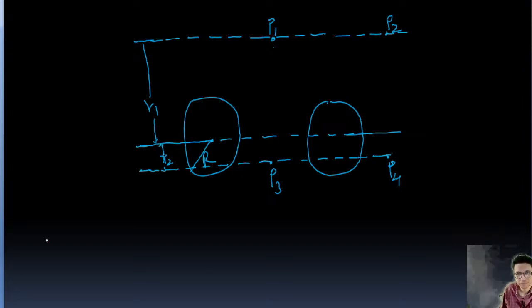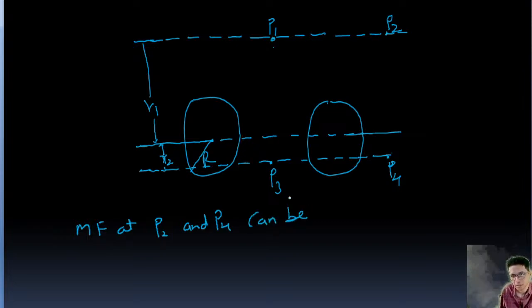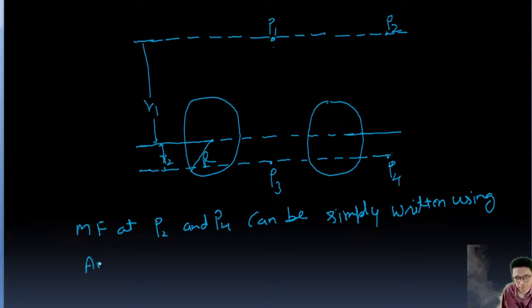The magnetic field at P2 and P4 can be simply written using Ampere's law,